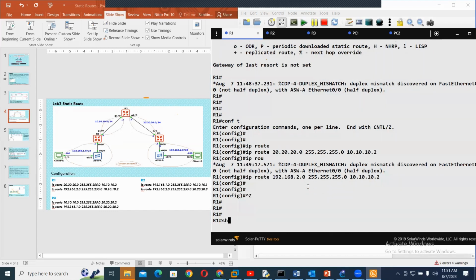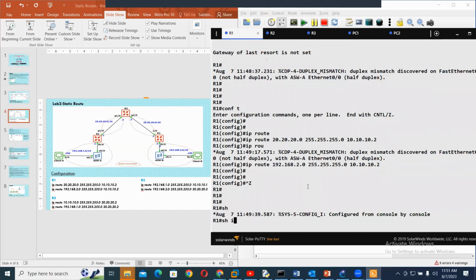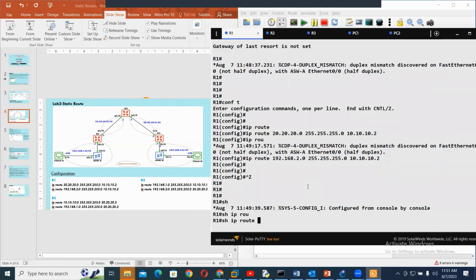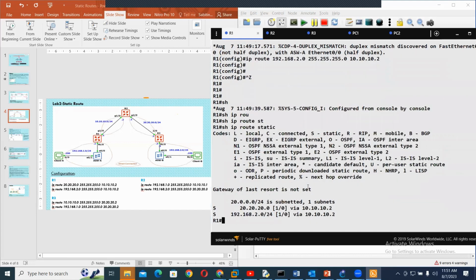Let me check my route. Show IP route static. Yes. For this destination, we have to pass through this next hop,